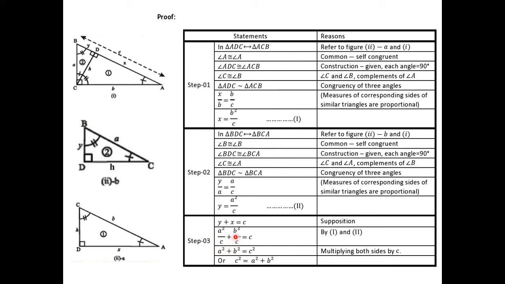Same is the case for this term, and we will be left with b square. And when c will be multiplied with this one, this c on the right hand side, c into c will be c square. So what is the equality now? a square plus b square is equal to c square, or c square is equal to a square plus b square, and this equality was to be proved, and this has been proved.